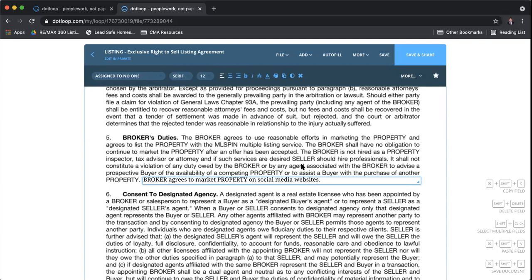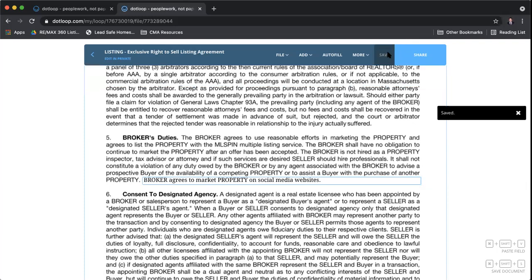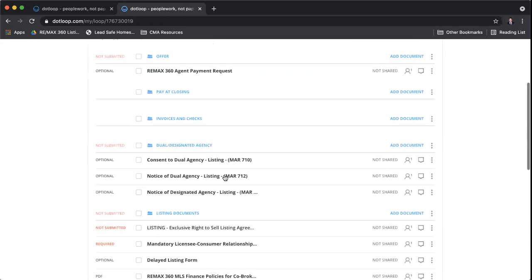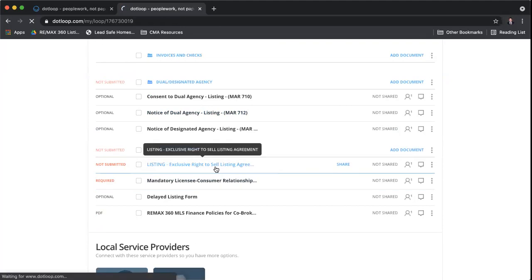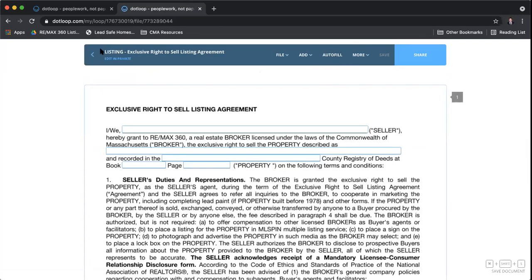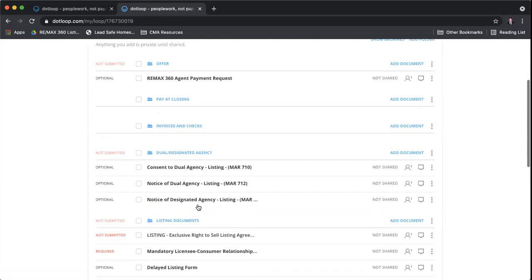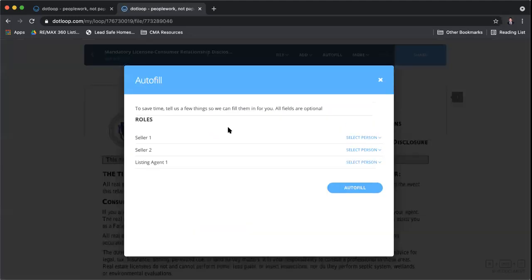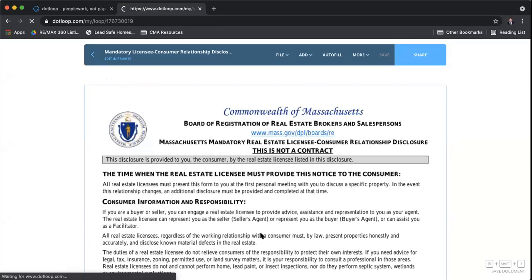Another question that has come up a few times was setting up forms to auto-populate certain fields. Yes. So auto-populating the fields, I would just have to do from templates. And some of them are already set to autofill. So when you first add something to Dotloop, the first time that you open it, it will pop up with autofill. If you look at this and you go, oh, I forgot to add in the seller's name and also assign myself as the listing agent, you can just click the X, go back,